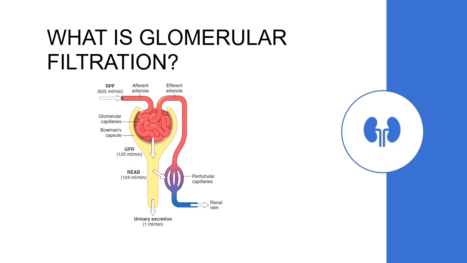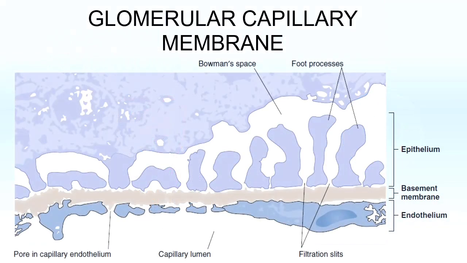The fluid that is filtered is similar to interstitial fluid and is called an ultrafiltrate. The ultrafiltrate contains water and all of the small solutes of blood, but it does not contain proteins and blood cells. The remaining blood leaves the Bowman's capsule via the efferent arteriole, which continues as the renal vein and finally leaves the kidney.